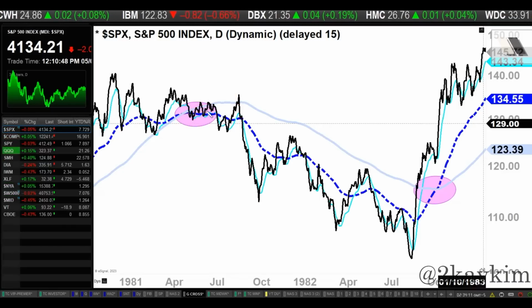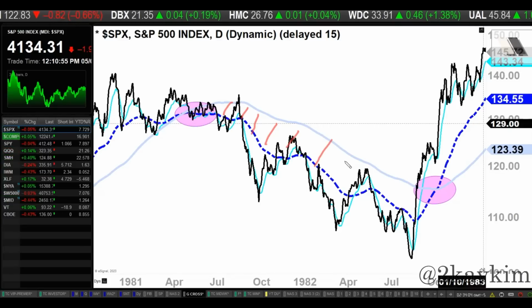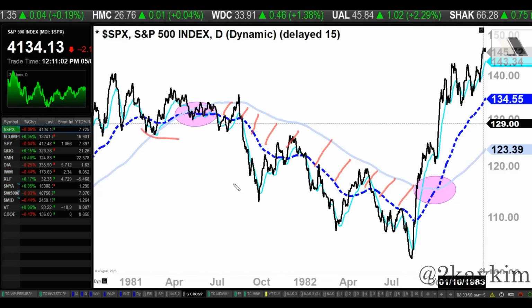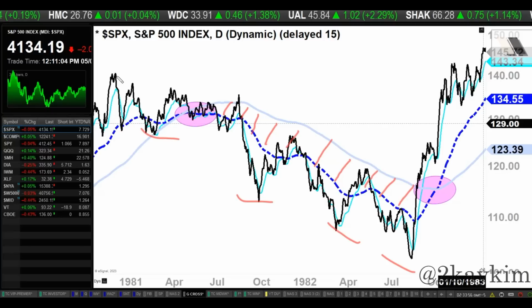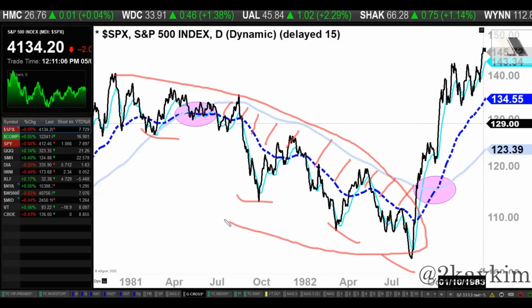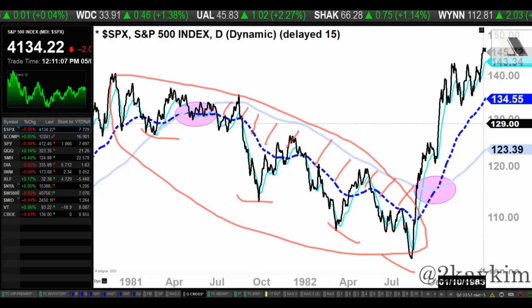The mid-term and the long-term moving average never cross back up. As you can see, the spacing in between gets wider and wider. And thus that downtrend has started, right? And you can see the lower highs and lower lows. And when this happens, we want to give the benefit of the doubt to the sellers.